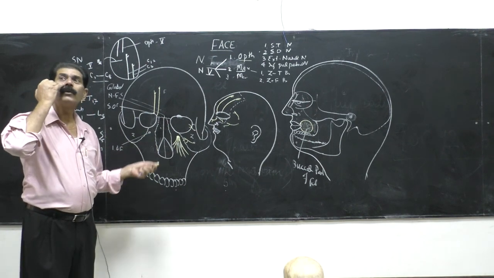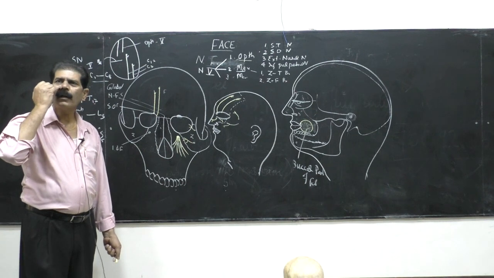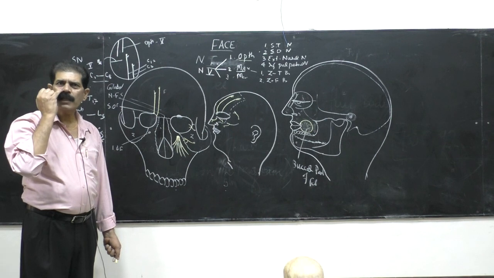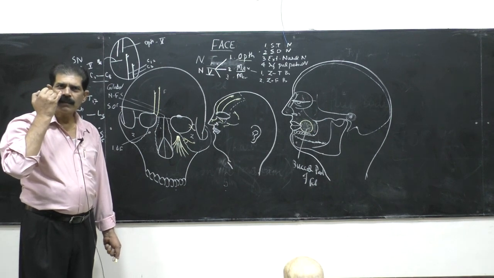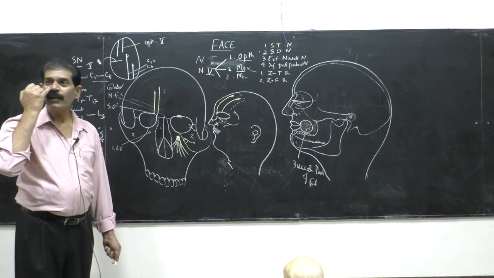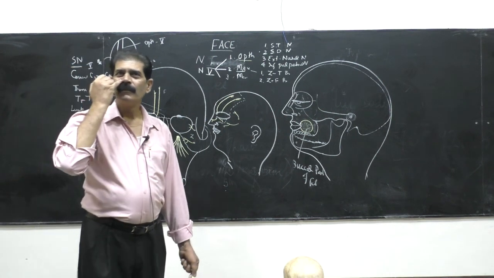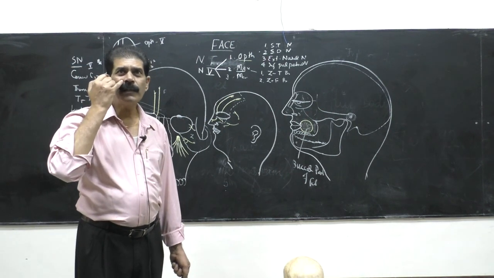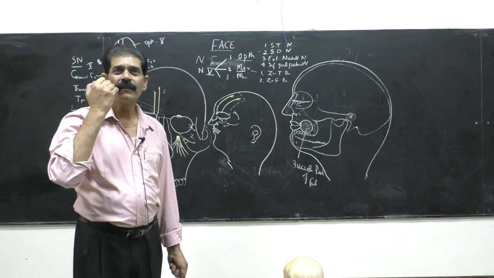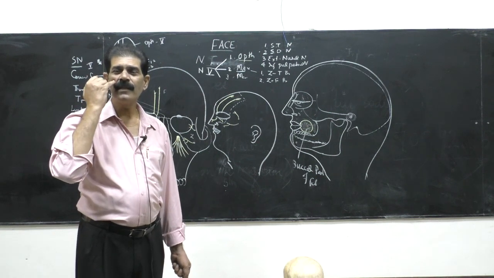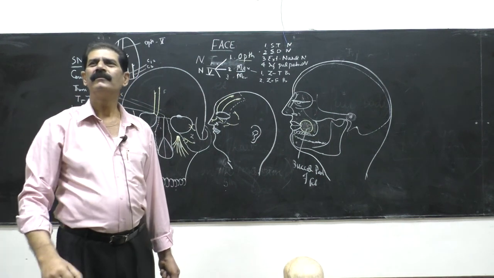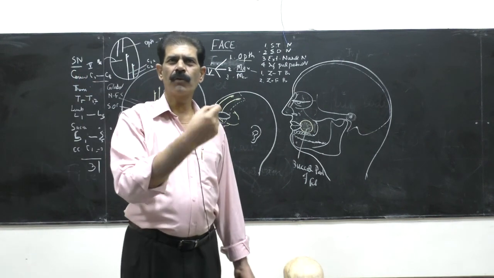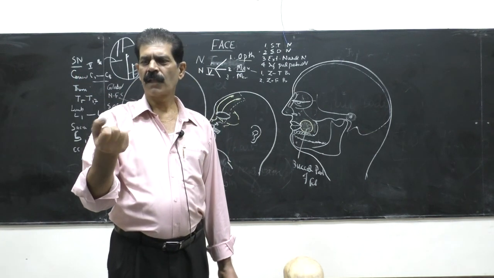Put your finger just below the medial end of the inferior border of the orbit. Go 1 centimeter below and press it. You feel a depression. This is the infraorbital foramen. If you gently press it, you feel numbness of the skin here. Yes, it means it is a sensory supply. It's quite a thick nerve if you do the dissection.